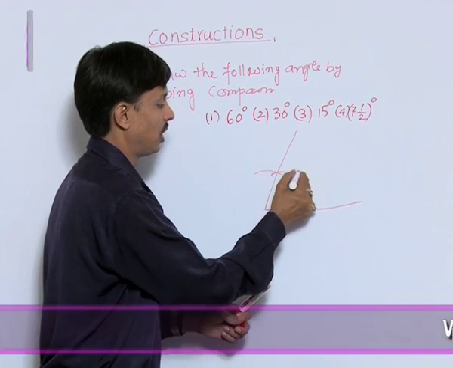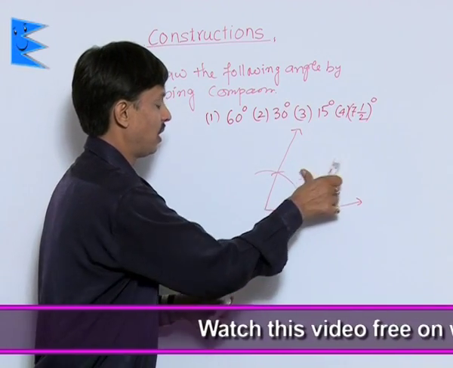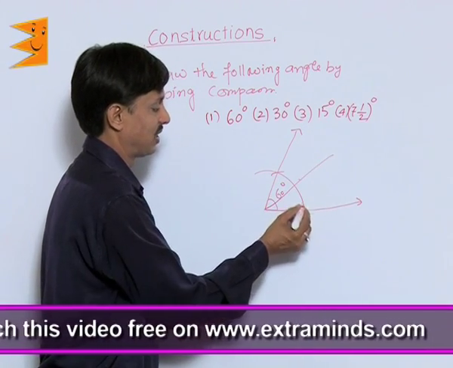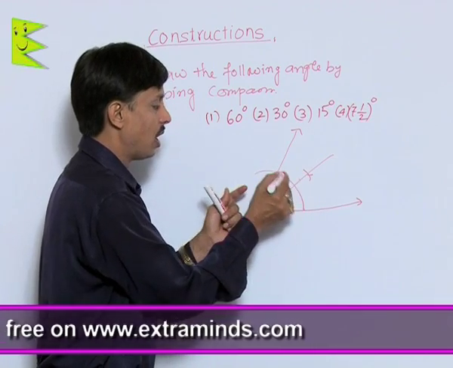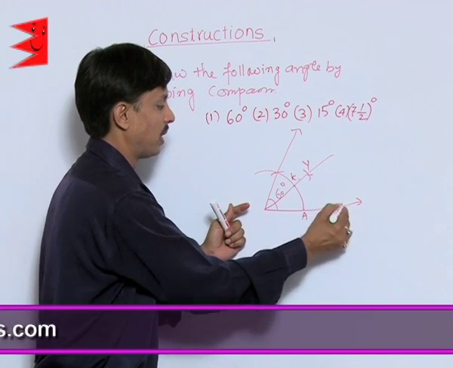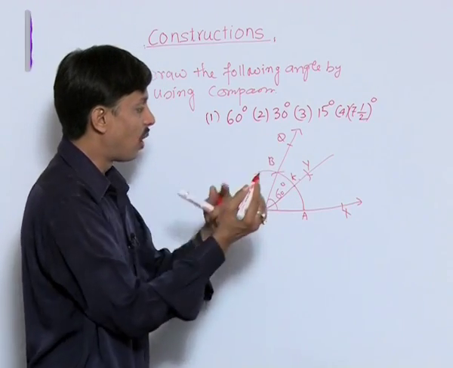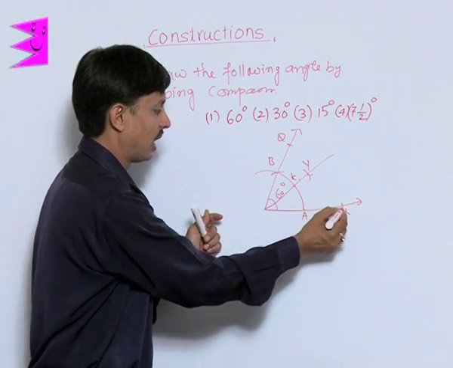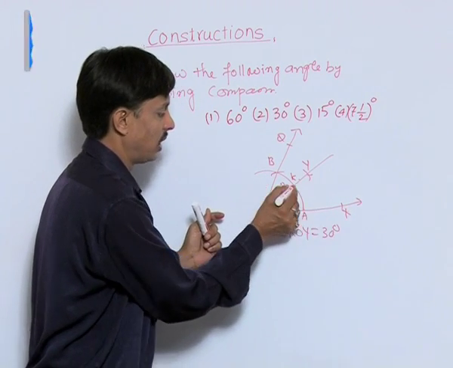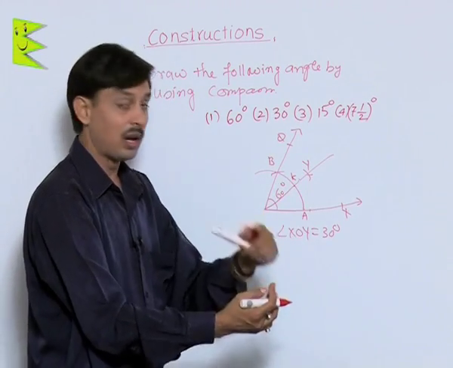This is a 60 degree angle. Now the question is, if we bisect it, we get a 30 degree angle. The method of bisector is from here and from here. Now suppose this point is K, this is A, this was Y, this was X, this was suppose Q, this is B. Now I have to bisect angle XOY. Angle XOY is of 30 degrees. So in order to bisect it, I will repeat it.